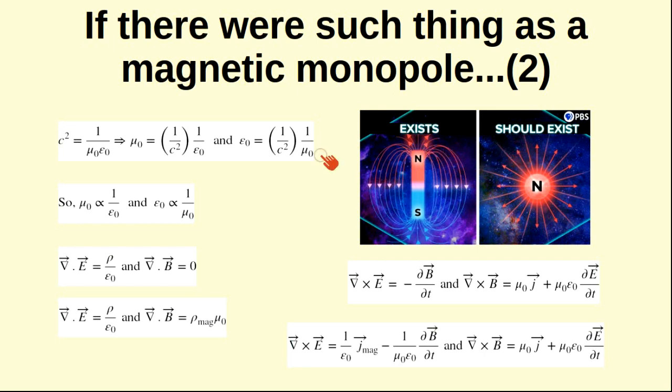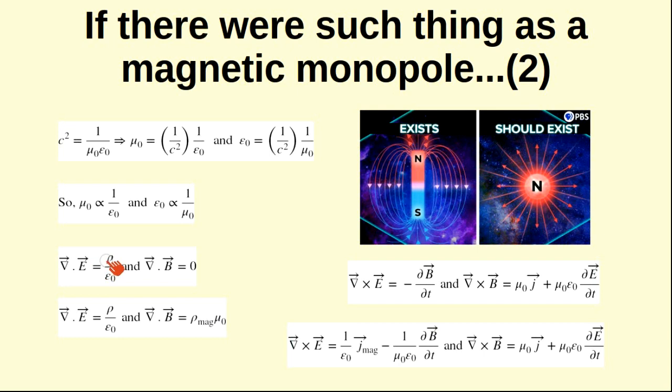So if it did exist, then using c squared as 1 over mu naught epsilon naught, then mu naught is 1 over c squared times 1 over epsilon naught, and epsilon naught is 1 over c squared times 1 over mu naught. And of course c squared is a constant, so we can just say they're proportional. So mu naught is proportional to 1 over epsilon naught, and epsilon naught is proportional to 1 over mu naught. So inverse proportion. So with that in mind, given that as it stands Maxwell's equations are the divergence of